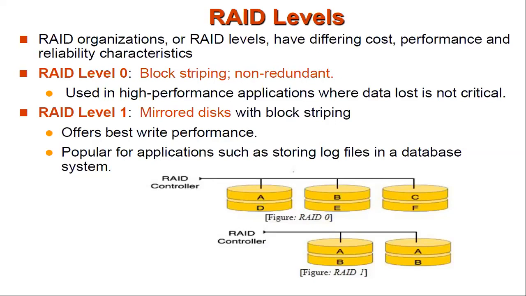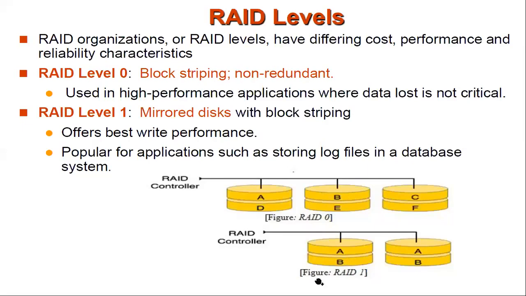That is the exact replica of your disk; it will be saved in multiple disks. Okay, the other disk also. So again, it uses the block striping. Okay, mirrored disk with block striping. That is exact replication. The content of the entire disk will be repeated in the other disk also, right?